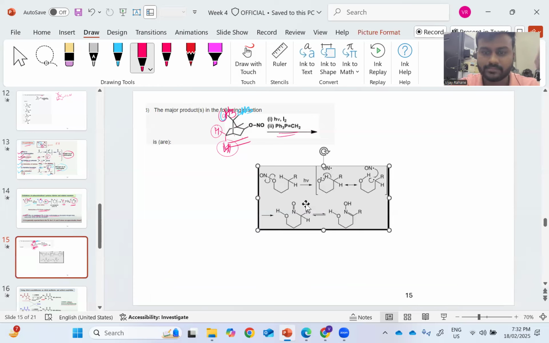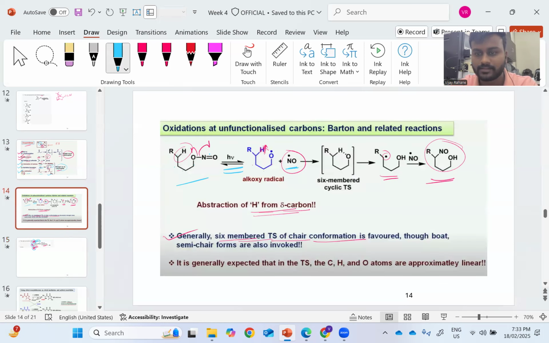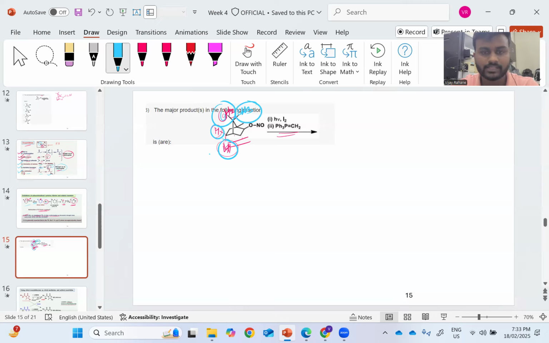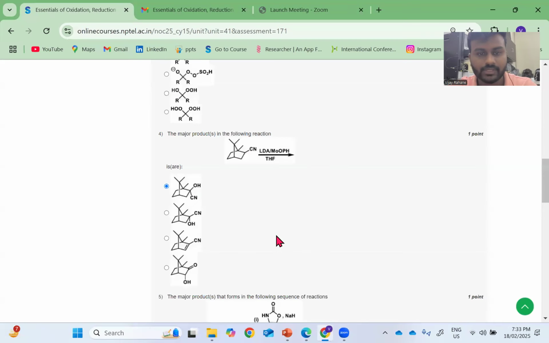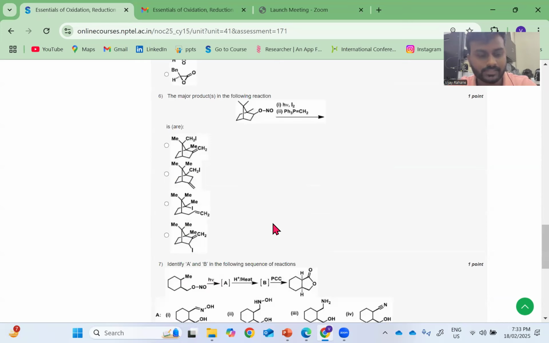the mechanism, right? This ONO bond formation occurs at this position. So you have to identify which hydrogen, among all four possibilities, is favored and gives the reaction at the center. If you look at that one, then definitely it's an easy question. So I'll just show the options that we have here. So right, this is the question,